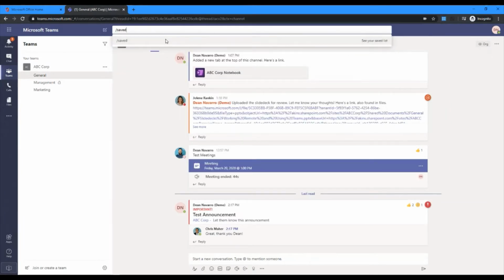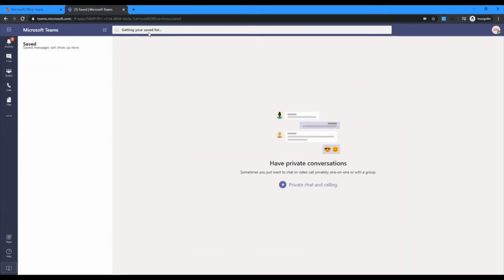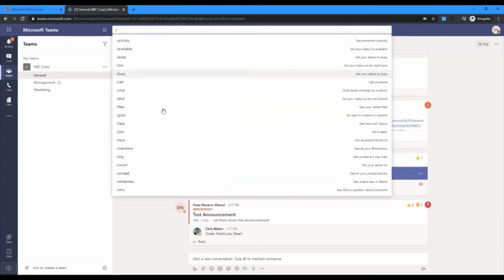Let me double check and see what. Again, there might be some limitations here just with the web browser, but we do have some other available options up here as well. We can do /who to see maybe who somebody is, or ask a question about someone. We have org to see the organizational chart of a certain user if you want to see the manager of that user,